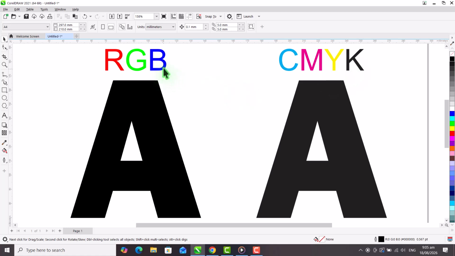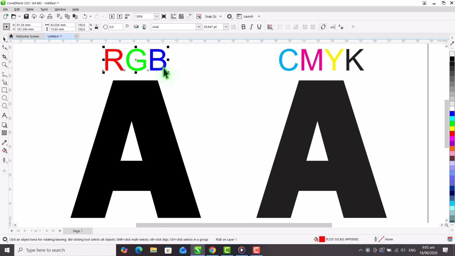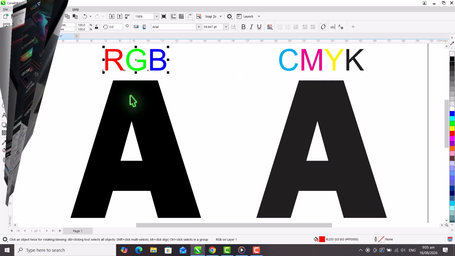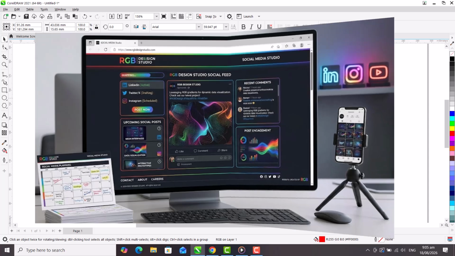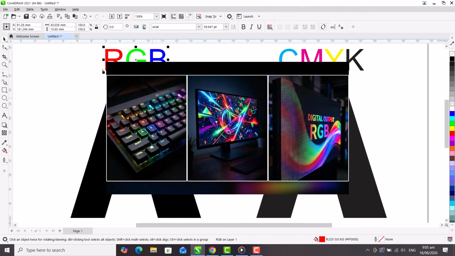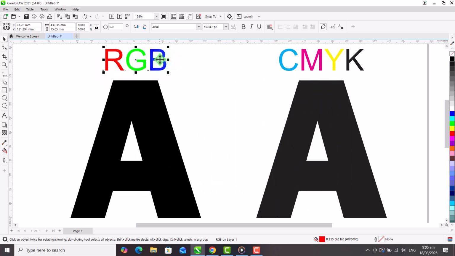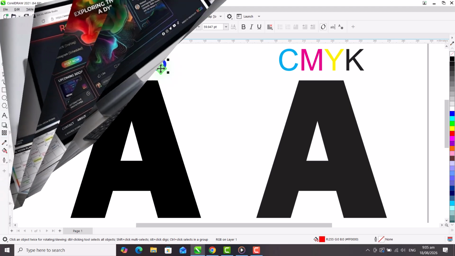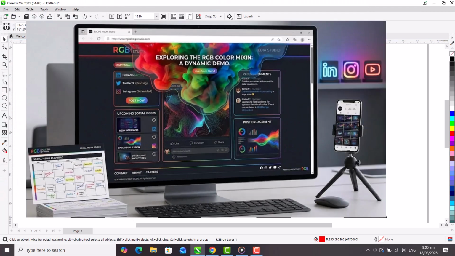When designing in CorelDRAW, we generally work with two important color models, RGB and CMYK. RGB is mainly used for digital output, such as websites, social media, presentations, and other designs that will be viewed on screens. RGB stands for red, green, and blue. These three colors of light are combined at different intensities to create the wide range of colors we see on